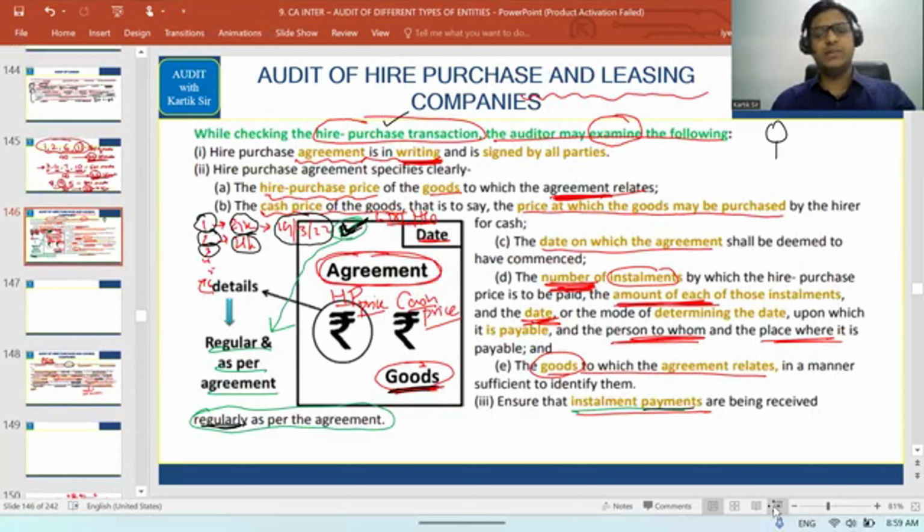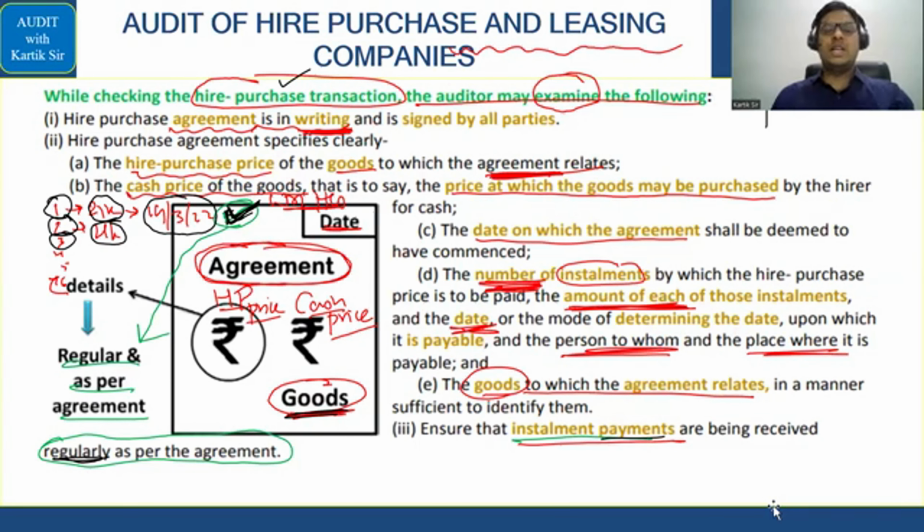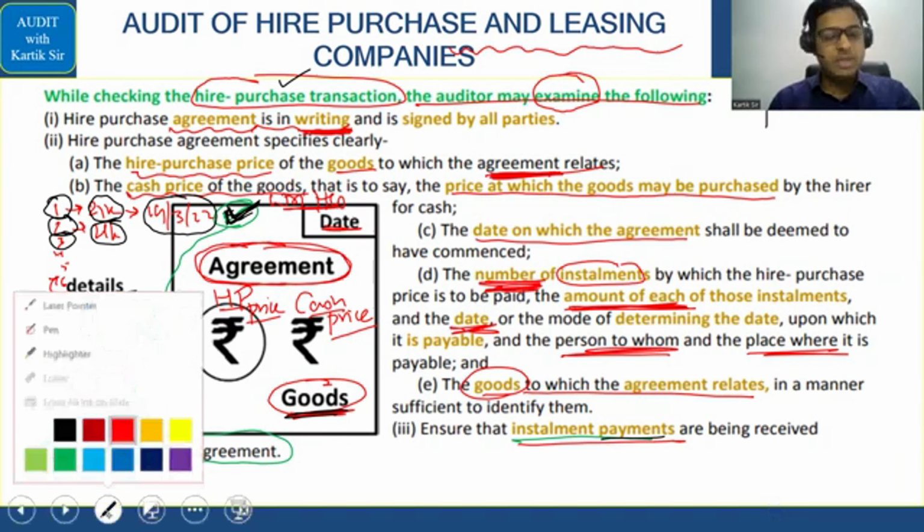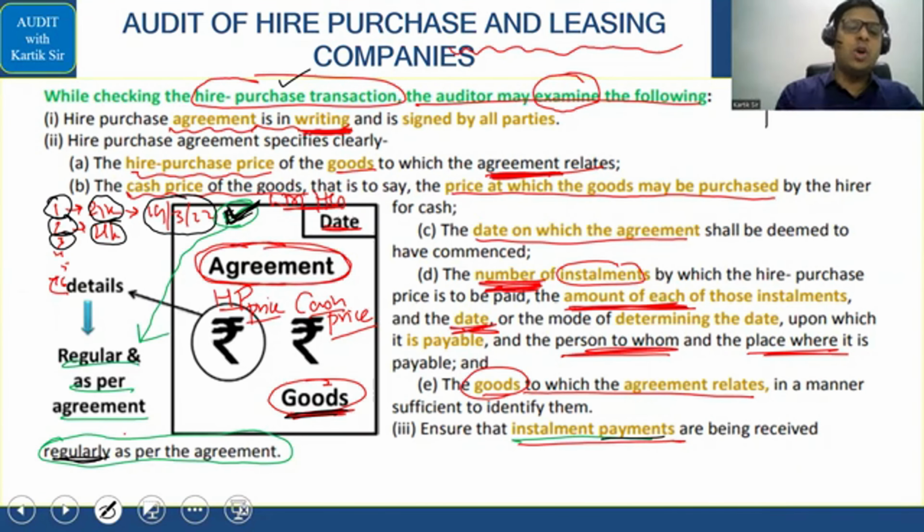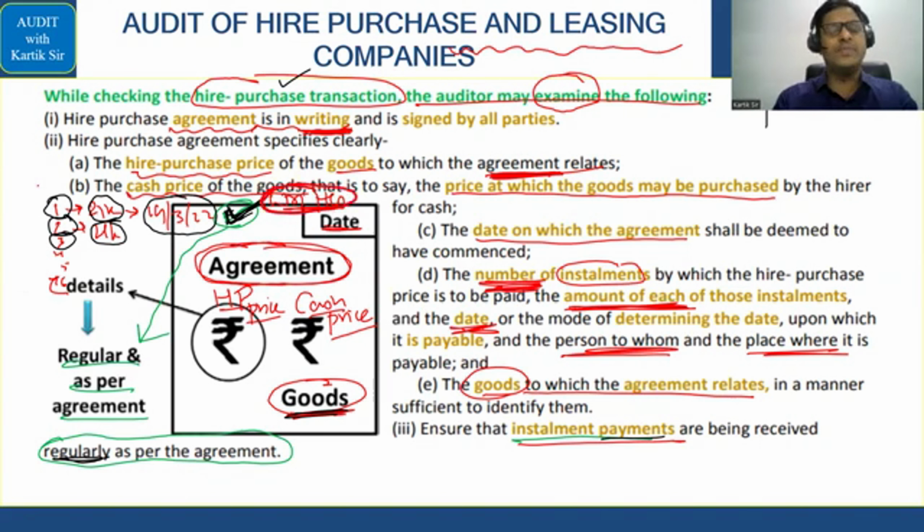Okay, let's start. Okay, now hire purchase and leasing के केस में what all should the auditor basically check? So hire purchase transaction अगर रहेगा, first they have covered hire purchase. So hire purchase के केस में auditor क्या क्या check करेगा? First they have given that. Okay, तो आराम से मेरे साथ करना है. अब please here first of all the auditor will see whether the hire purchase agreement is in writing or not. तो ये written है या नहीं है.